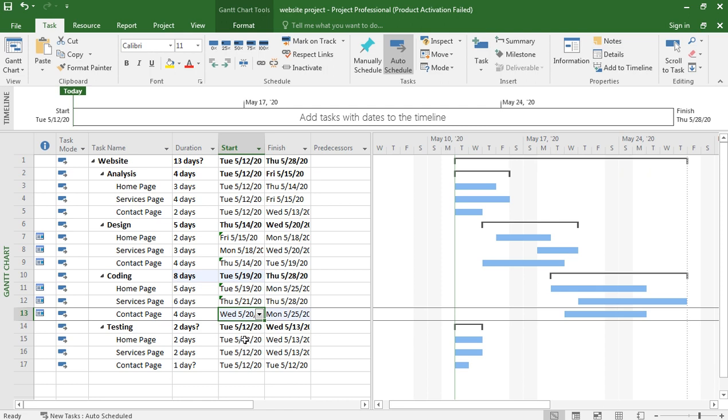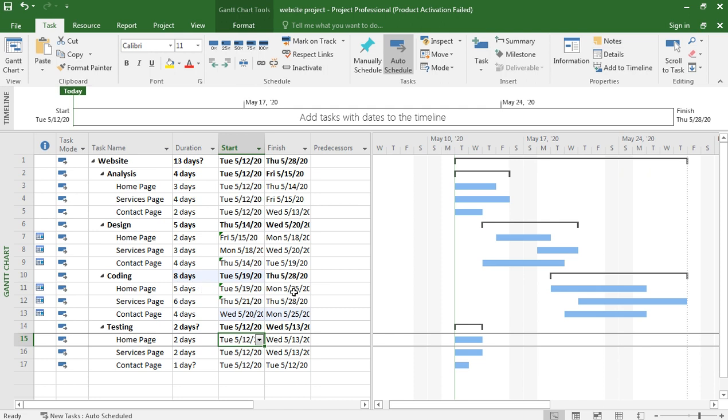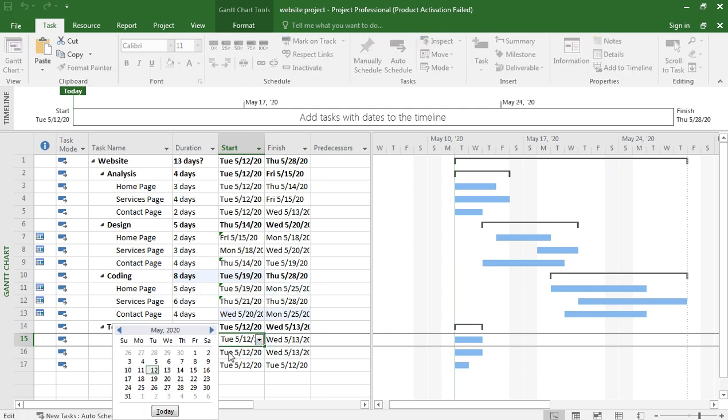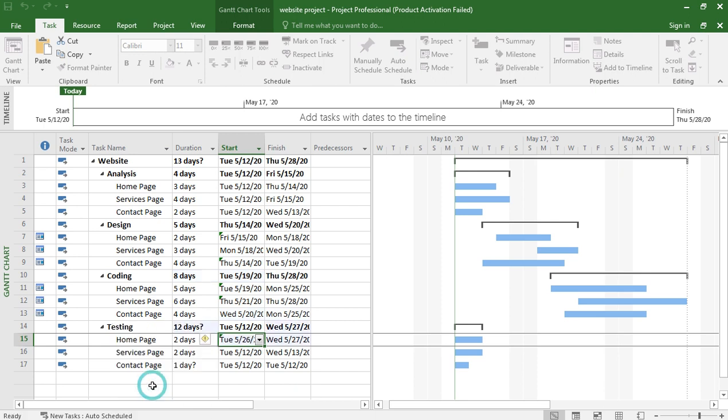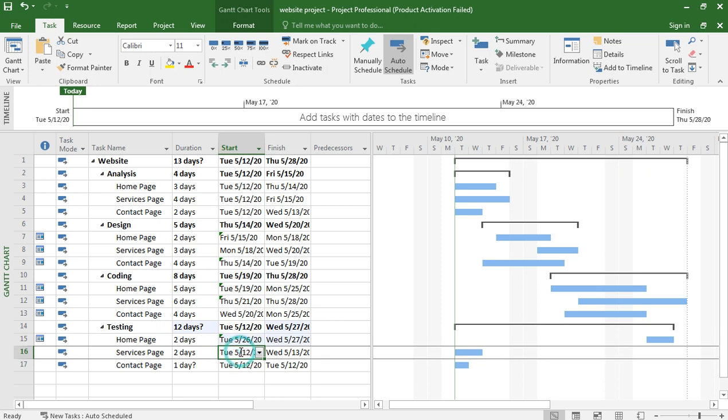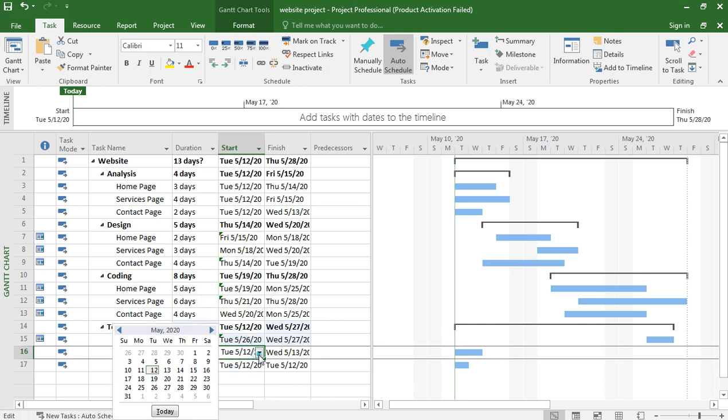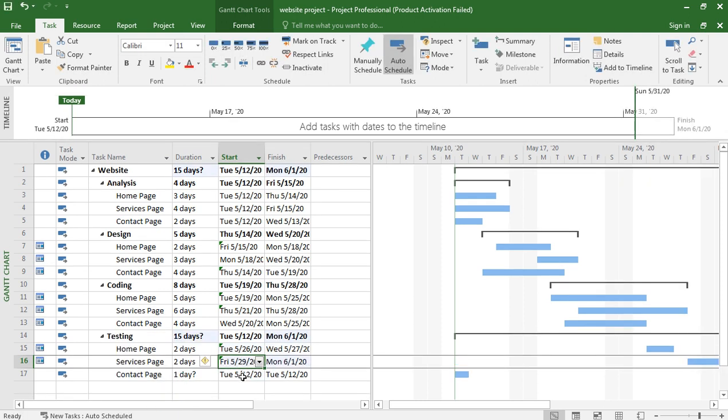Now in the testing phase it starts on 5/25, 5/26. This is 5/26 here. Okay. And services page ends on 5/28, so the start date is 5/29.